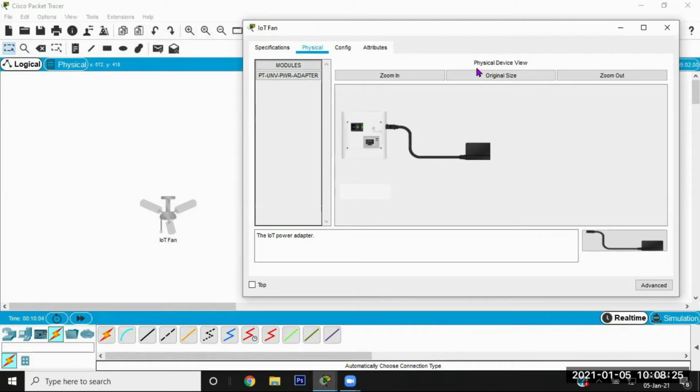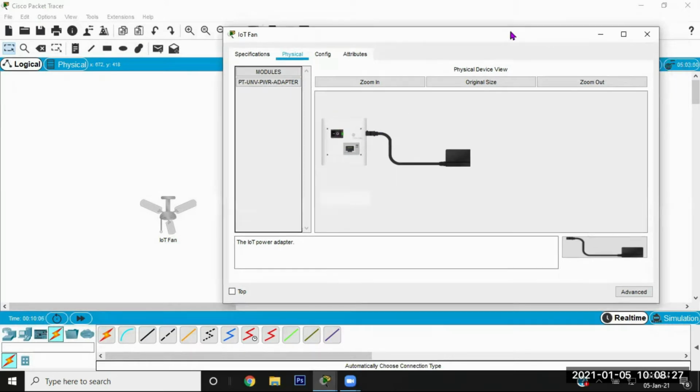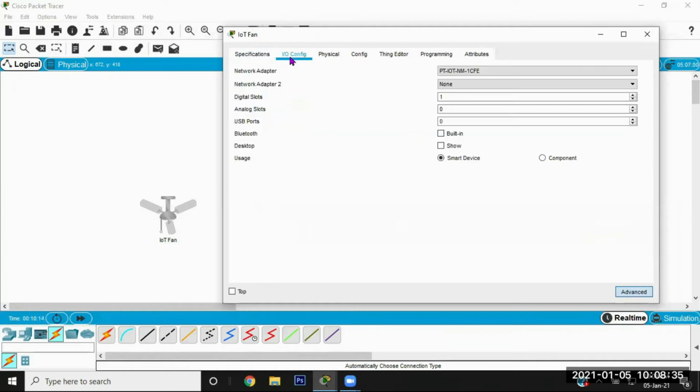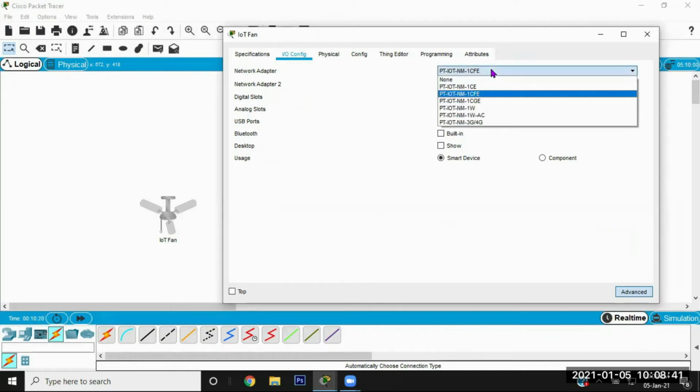To change this Ethernet connectivity into wireless connectivity, you just need to click on advanced. After clicking on advanced, you can see that the input output configuration is there, and you just need to select a wireless card from here.